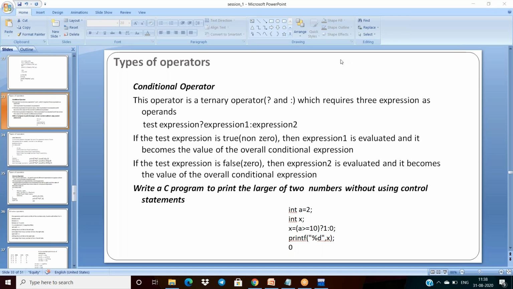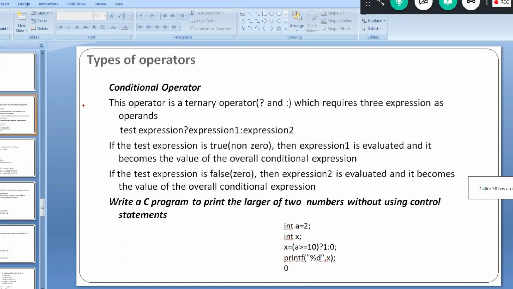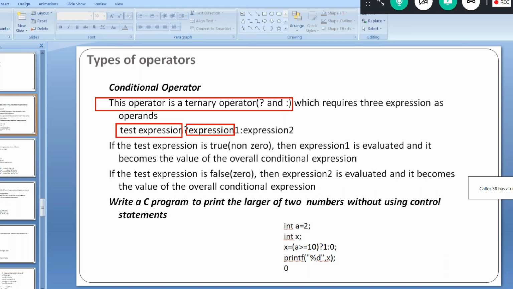we have another type of operators, the conditional operators. What is a conditional operator? It is nothing but a ternary operator. It uses expressions like this: test expression, expression 1, and expression 2.